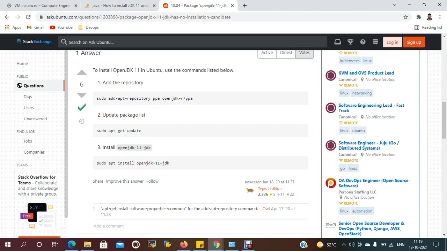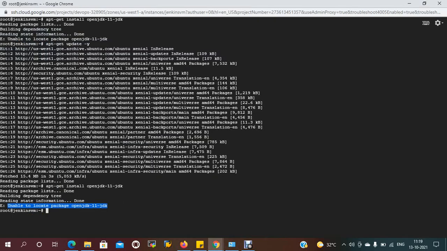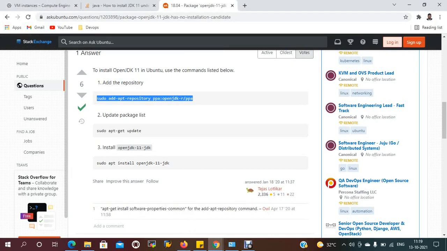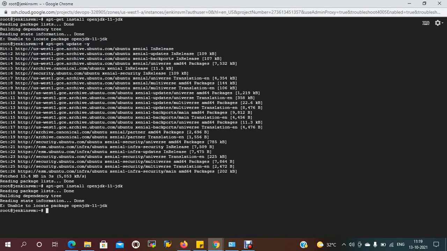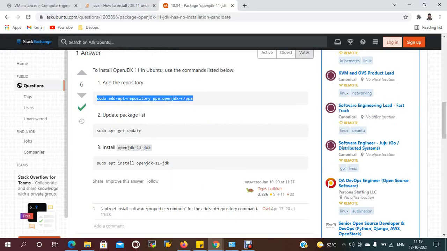To install that, you just need to run apt-get update. This is done. We just need to add a repository. Let me try to install this repository, so the repository should be available.